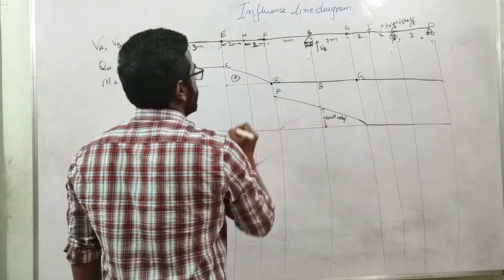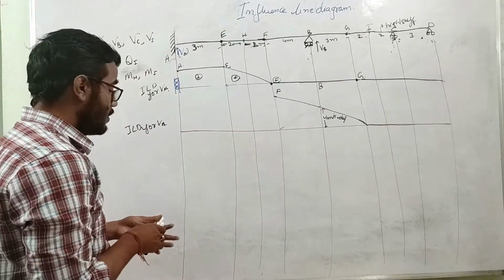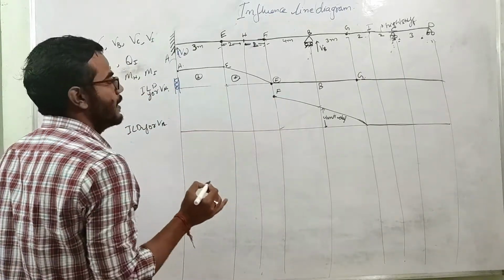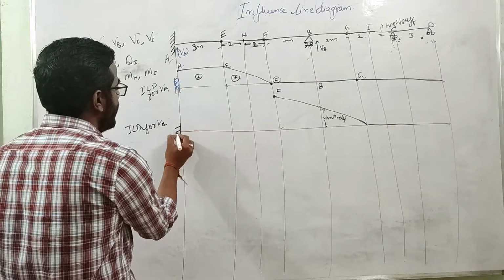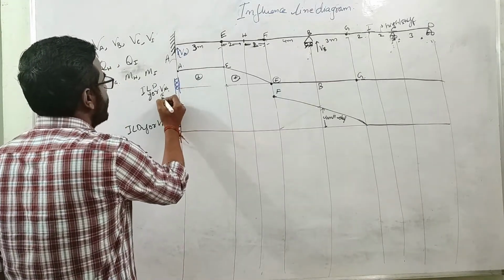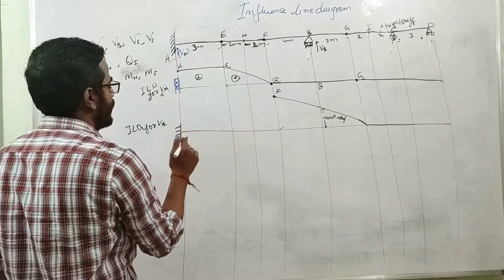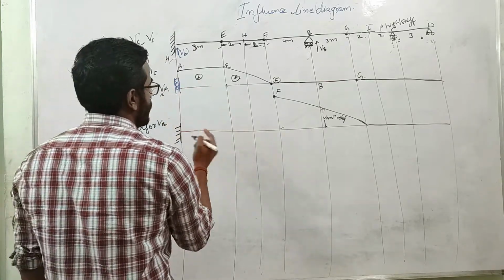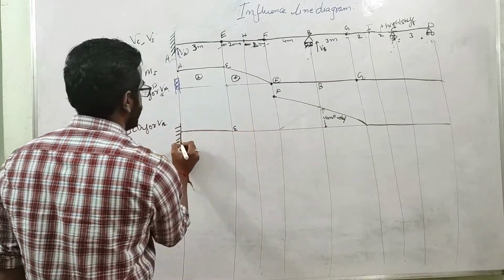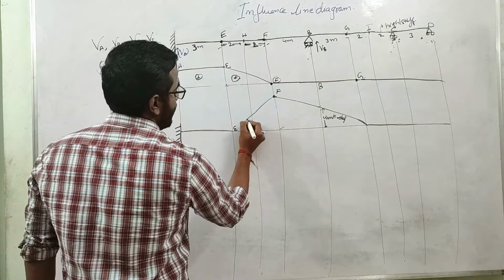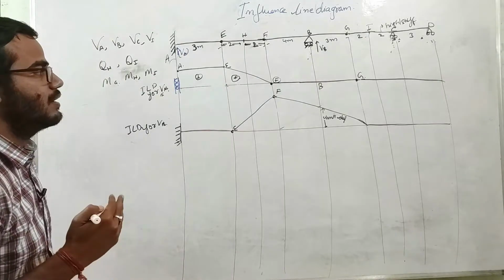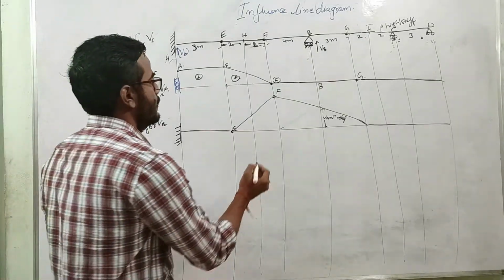This is point F. So again it will come down. Again this E point cannot move up and down. Why? Because this fixed support A is restricting the movement of E point. Here we have released this VA, so this portion becomes unstable. But here this portion is stable, so it cannot move up and down, right? So this E portion will remain here only. It is restricted by this support over here, so it will deflect like this. So again you can see that it is only comprised of these straight lines.